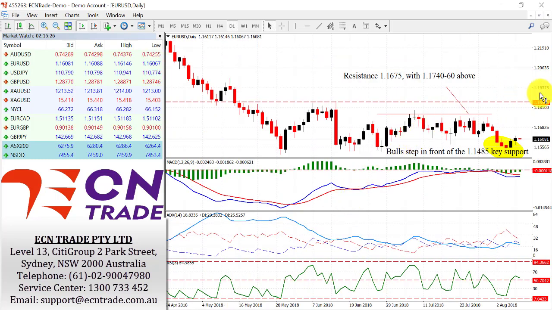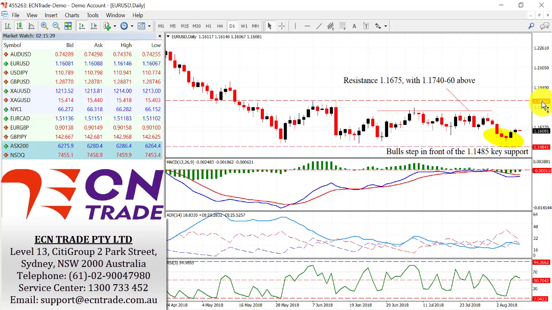Since the rebound off the support level of near 114.85, being that of 115.5, the market is now struggling towards the 116 region. I assess that any rallies towards 116.75 to be an opportunity to short the market.